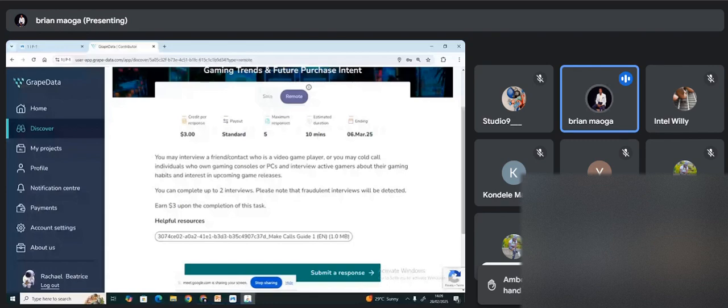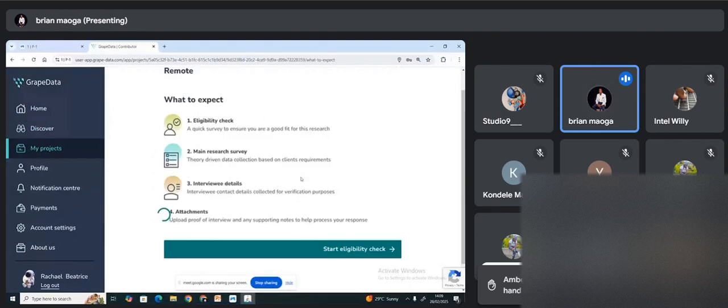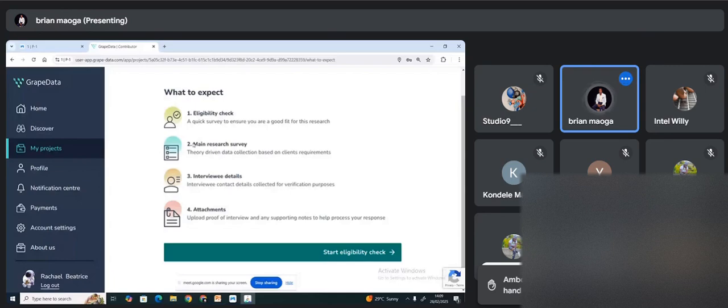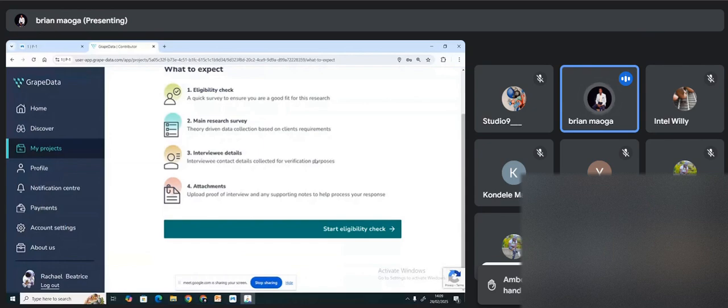As you can see, they have indicated what we expect. We expect the eligibility. This is the pre-qualification stage which I was talking about. Then we get the main survey. Then we will enter the interview details. Those are the 3 details I said, guys: the number, the contact, the name of the company, and the name of the individual. Then we will have the attachment or proof of interview where we will submit